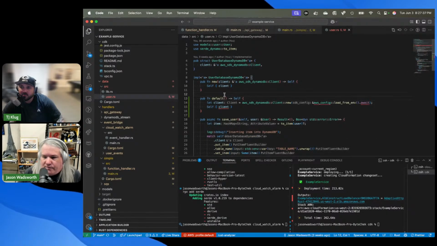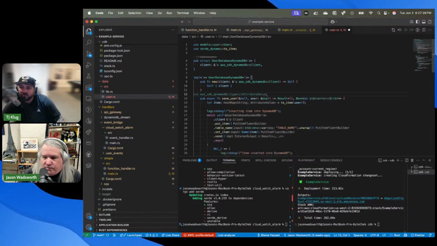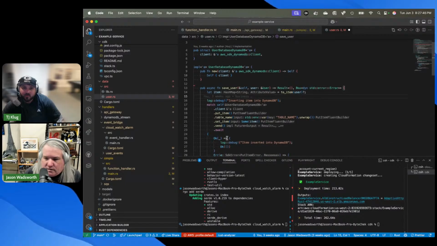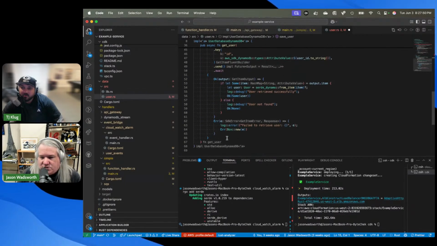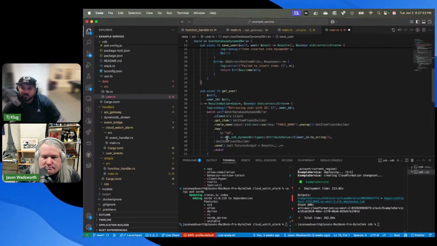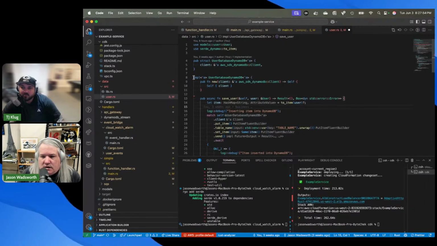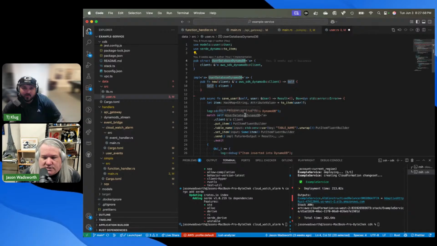But if I have self, then I get a reference to self, which in this case includes the client, and I can do stuff with that. So that part of it ends up being very similar to what you'd be used to in a lot of languages if you're doing classes. Mm-hmm. This is effectively kind of like a class of this object, but it's weird that it separates them.